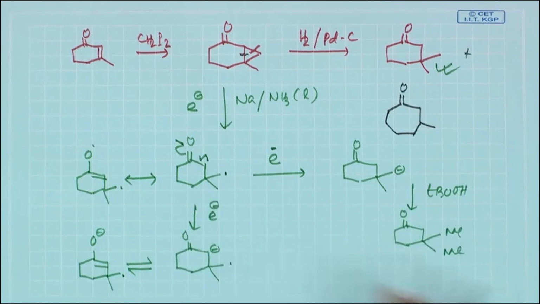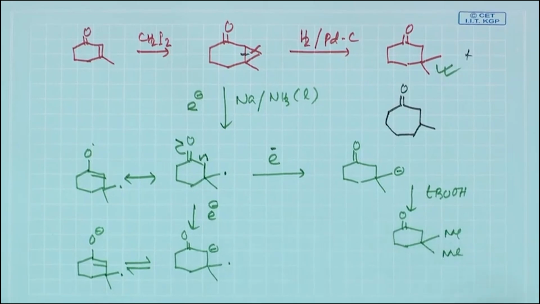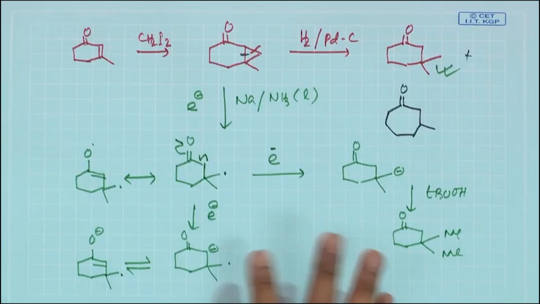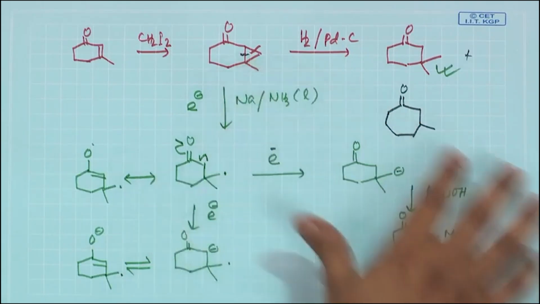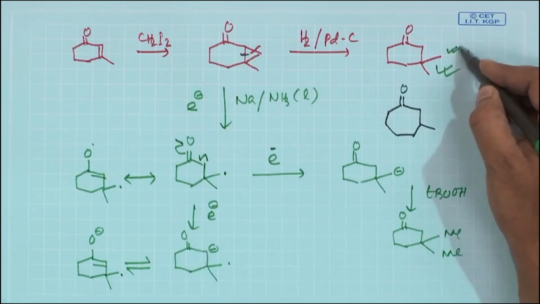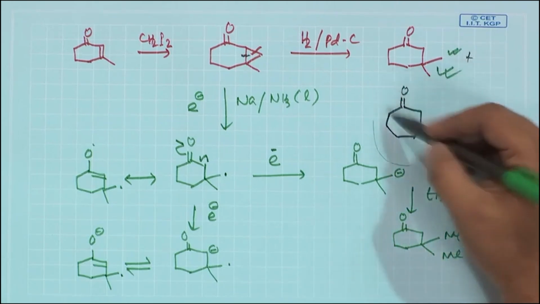So, this way basically you can clip this particular cyclopropane, and cyclopropanes are always strained intermediates, they can be easily clipped. The only thing is the Birch reduction mechanism you should be quite familiar with, and you can basically make both the molecules, either this one as well as this one depending on the reaction condition,